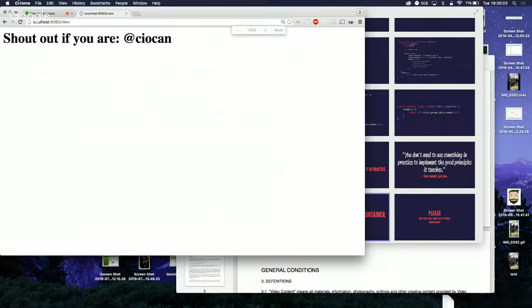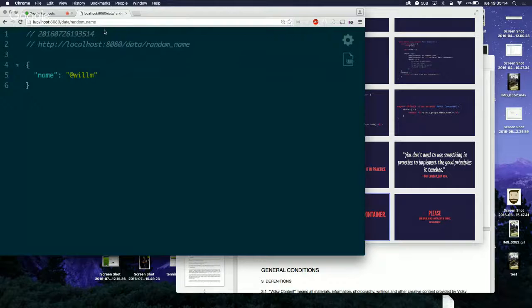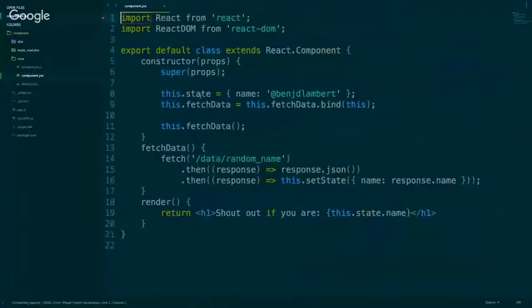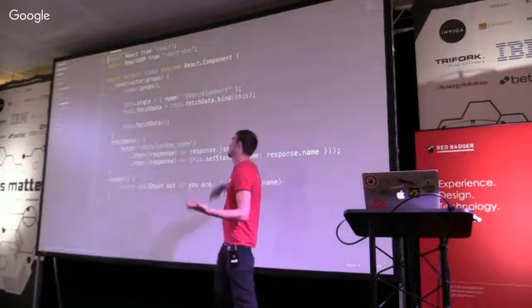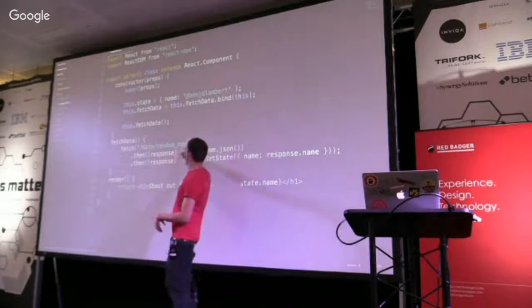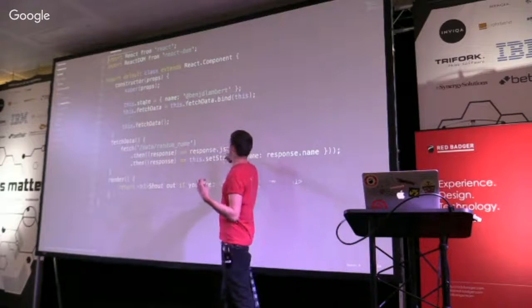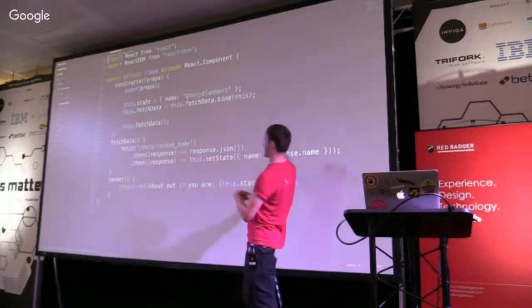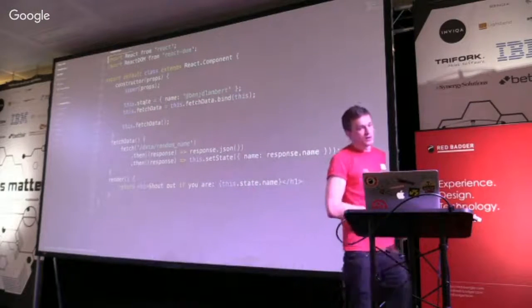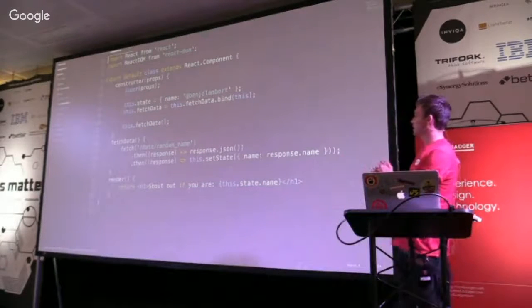And then basically, this is the React view, right? And then we have a different API, which is /data/random name, and it's just a JSON API that returns different names, right? So this is what the class looks like. When the React class bootstraps, it will fetch some data from this data random name, change it to JSON, and then set the state name, right? Pretty simple. Okay. So what we want to do though is move all this logic out of here